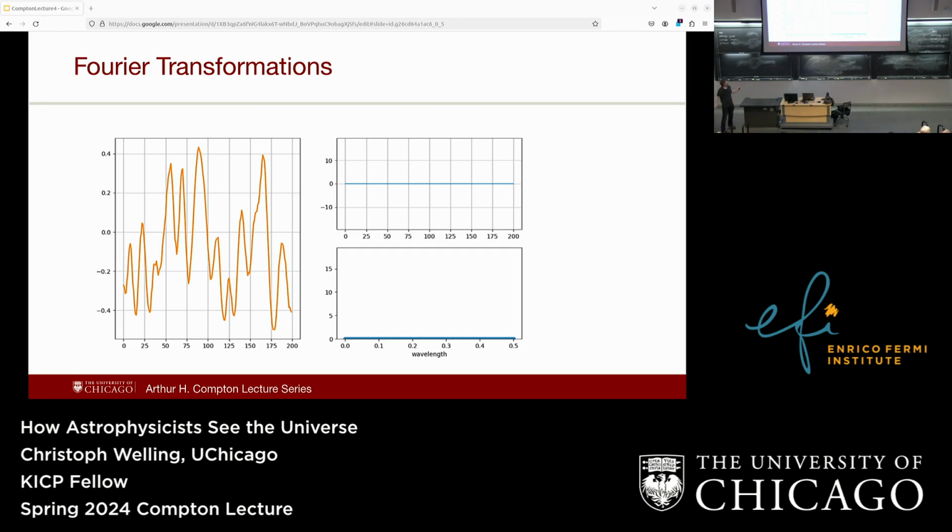Okay, so we need to think about a kind of weird way to think about data. Let's say I have some data here. This can be whatever you want it to be. This can be a stock price. It can be the temperature over the last week. It can be some random numbers that I made up just to have a pretty line. And here's a cool trick we can do. We can just take sine waves here. So here I pick sine waves, and here I add them all up. This will show you the last sine wave I added, and the blue line is how all these sine waves that I added together look.